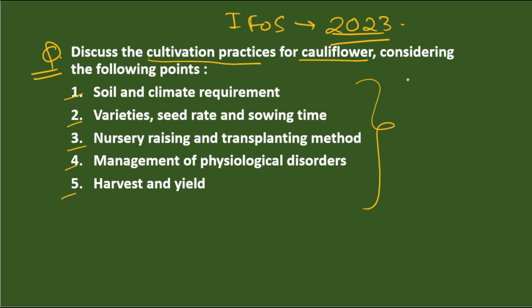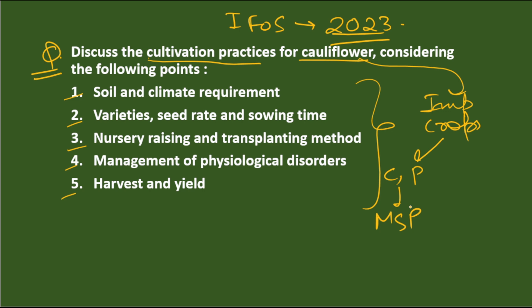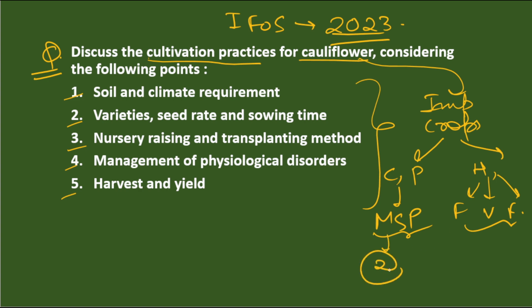So, as I always tell you, for paper 1 prepare all the important crops, all the important cereal crops, all the important pulse crops, especially those covered under MSP. Secondly, for paper 2, prepare all the horticulture crops, that is important fruits, important vegetables, and important flowers, because you have to give package of practices for at least 2 to 4 crops per year. In paper 1, at least you will get 2 questions regarding package of practices, and in paper 2 you will also get 2 questions around package of practices.